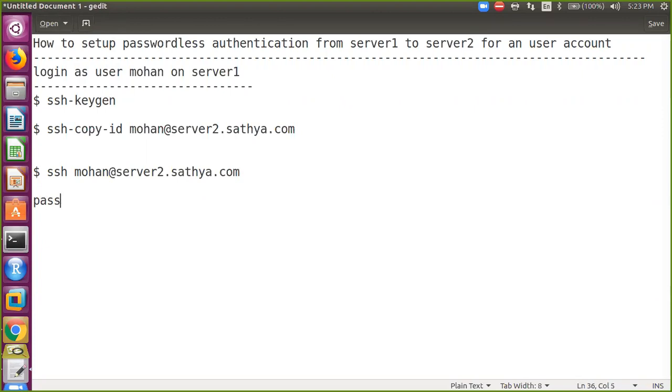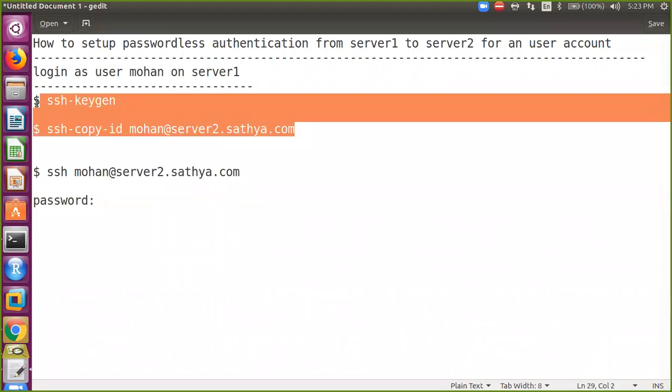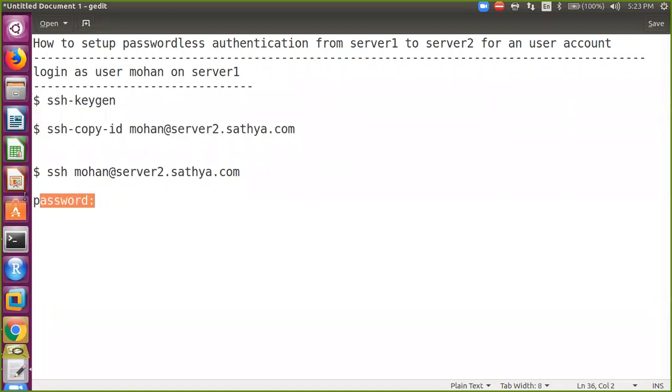If it asks you to enter the password, then you haven't successfully established passwordless authentication; something went wrong. If it didn't ask for the password and you have logged directly into server 2, then you can verify that you have successfully established passwordless authentication from one server to another server.